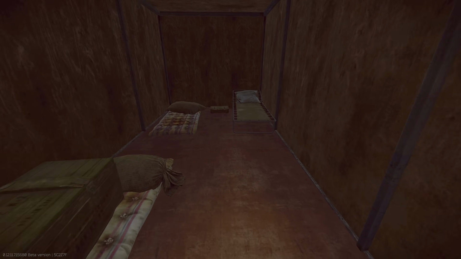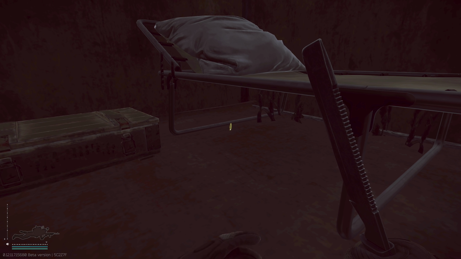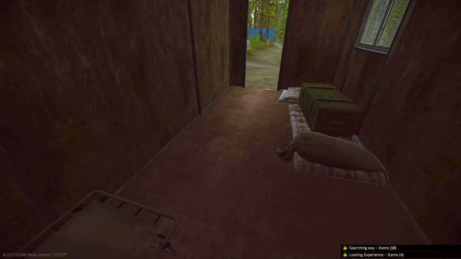Coming into the hut at the back, there is a rare item spawn underneath this bed. I've actually found a bitcoin here before. In fact, let me just throw in that clip of me finding it now. Before you leave the camp, be sure to hit up the crate, and then we're going to move on to